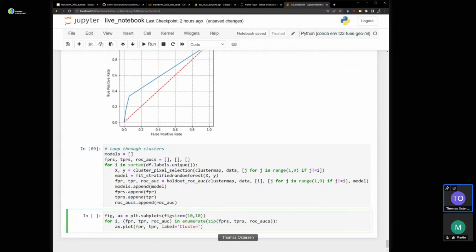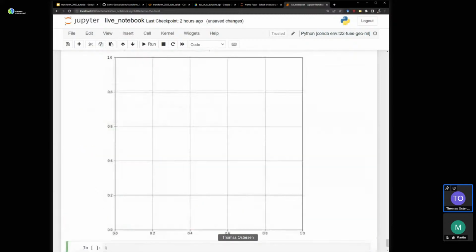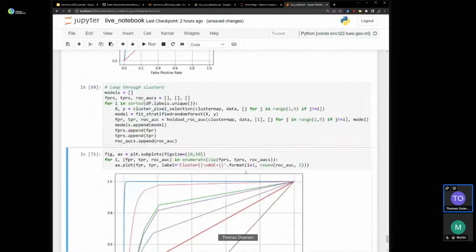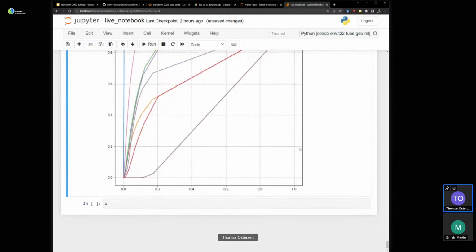Label cluster is i plus 1, AUC equals format. Whoops. i plus 1. ROC AUC, let's just round that. ROC AUC 2. Okay, I think it worked.